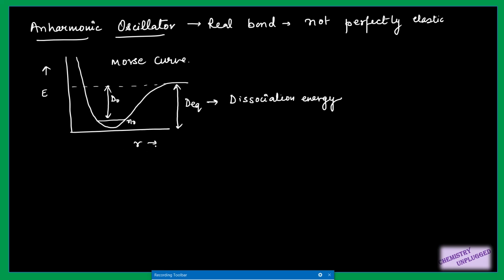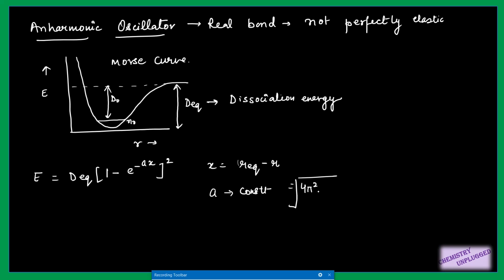This is your internuclear distance and this is your Morse potential curve, and according to this curve the relationship between energy and D_eq is given by an equation. You can memorize this equation. E is equal to D_eq times (1 minus exponential to the power a x) whole square, right, where x is equal to r equilibrium, the internuclear distance at equilibrium, minus r, and D_eq is the dissociation energy, and a is a constant, right, and its formula is 4 pi square mu xe mu bar c over h, where xe is